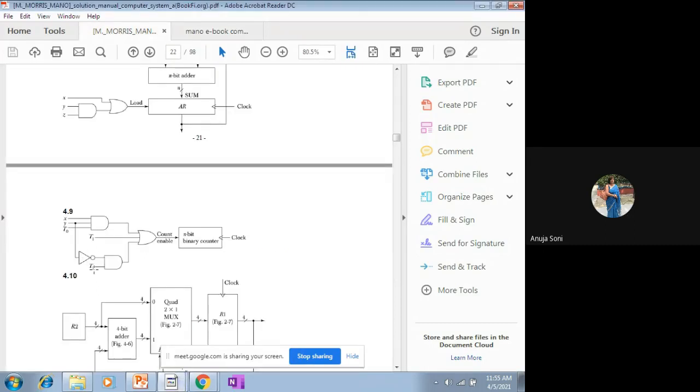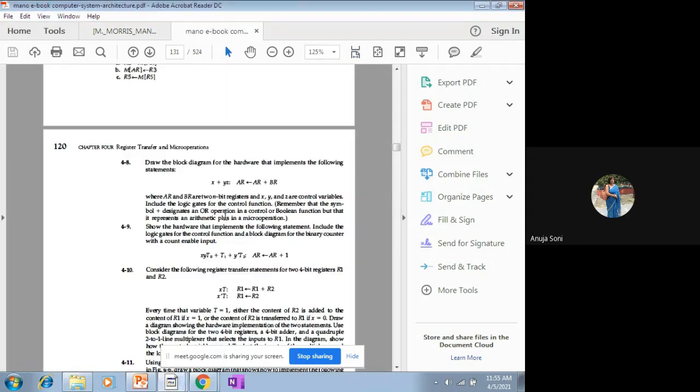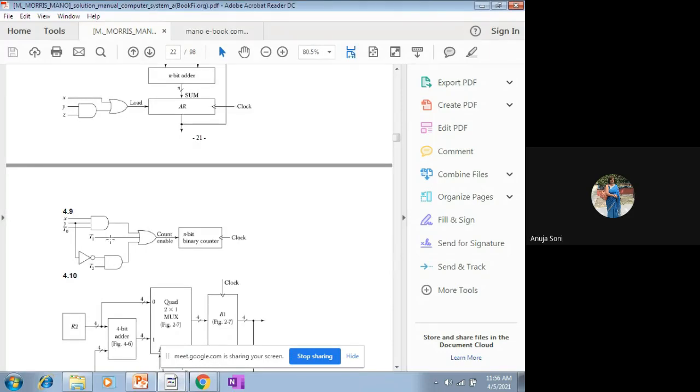It is T2 and Y dash. Is it Y dash? Somewhere it is Y dash. Then in place of Y, it is Y dash. Some misprinting is there. It is Y dash T2. If it is Y dash, then one inverter gate will be used, and afterward the AND gate will be used over Y dash and T2. So accordingly, you have to draw this logic circuit diagram.